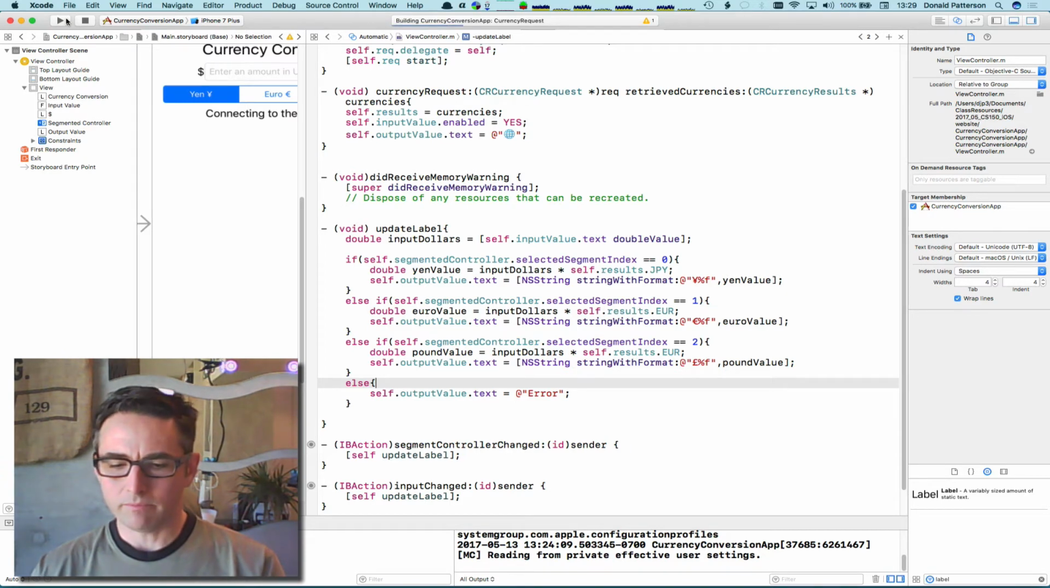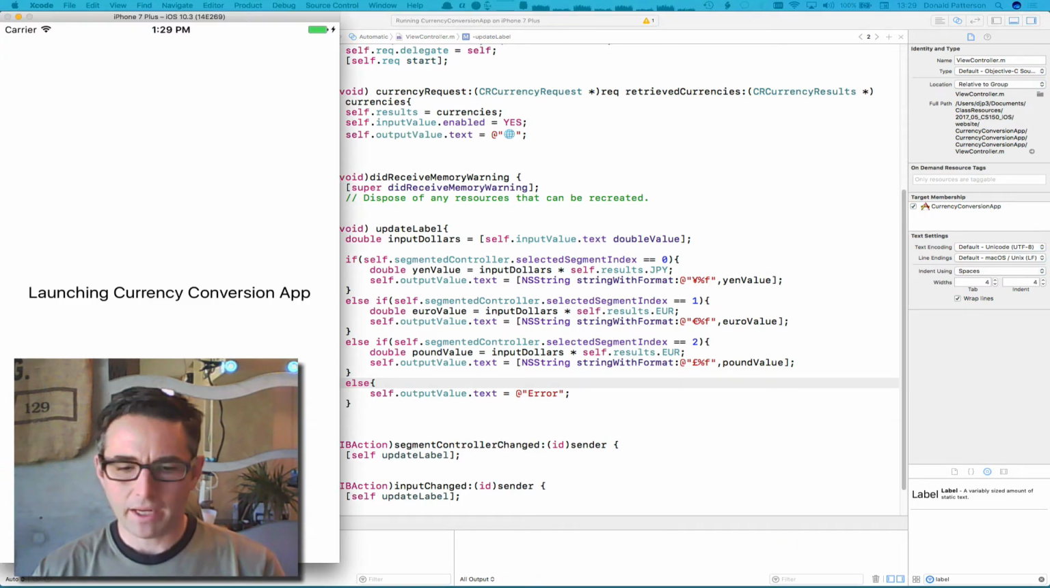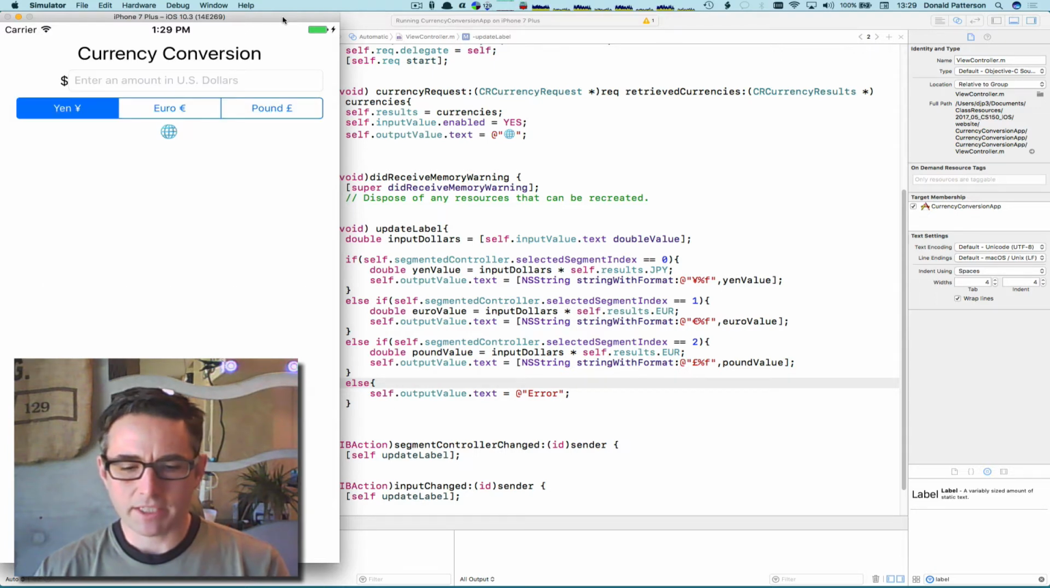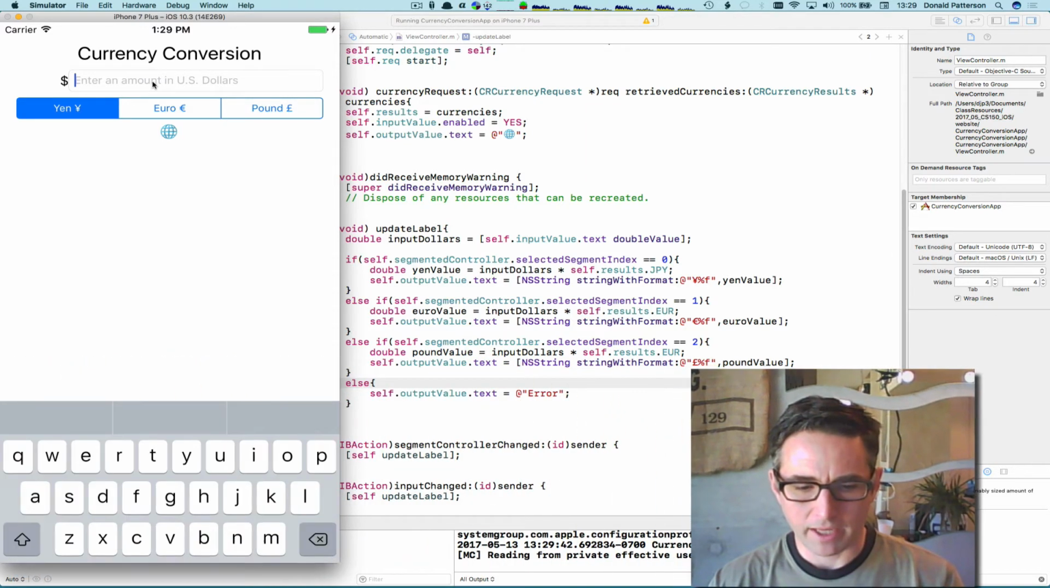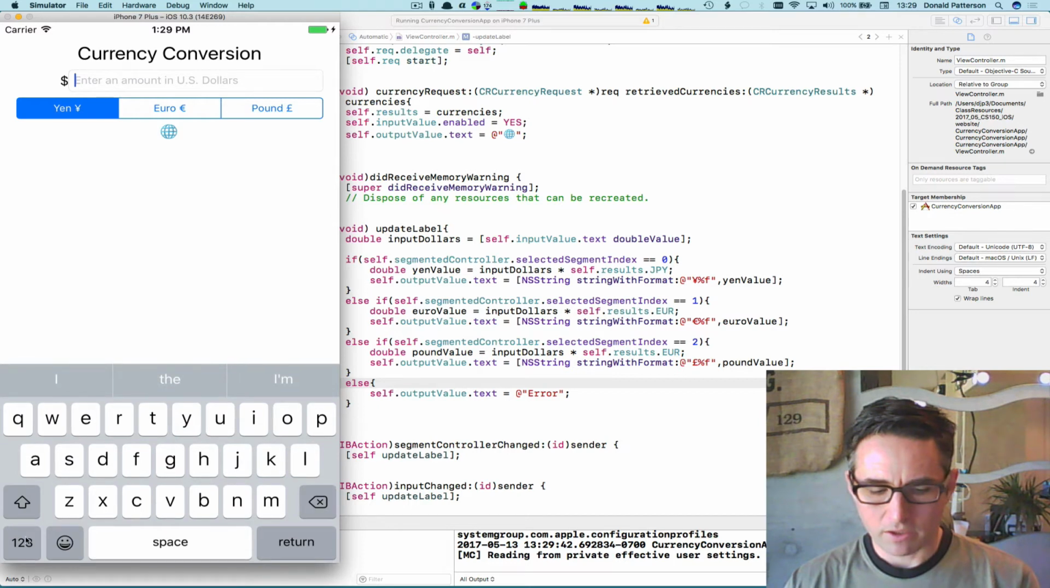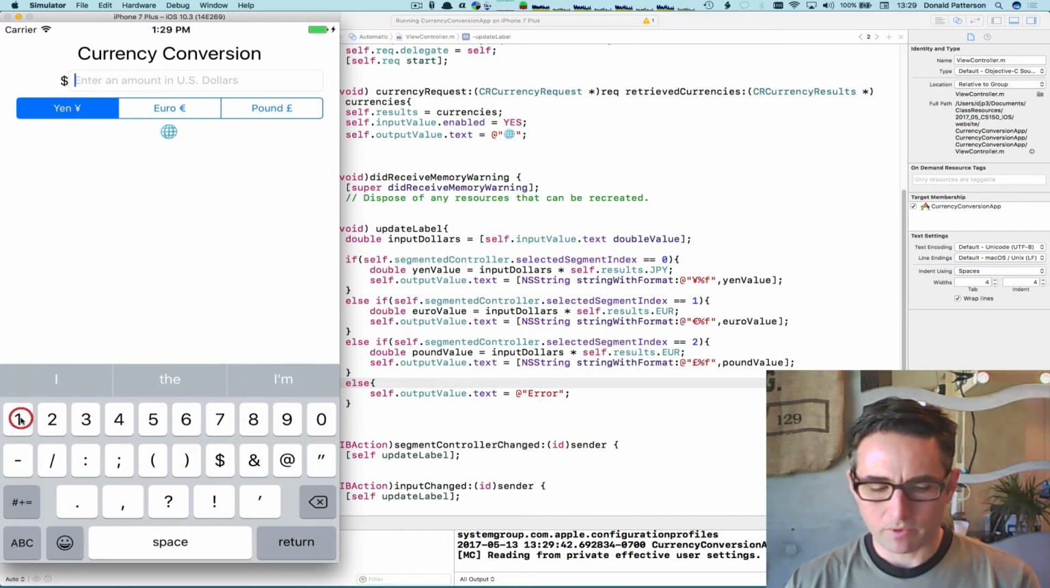So if we run it, we have our launching currency conversion app splash window. While it loads the program into memory, we'll see that it very quickly went to the internet to get the information that we wanted. We can enter an amount in US dollars once we're allowed to. Let's bring up the keyboard to do that, just as if a user was typing it. So I hit Command K to do that, and then select the digits keyboard,